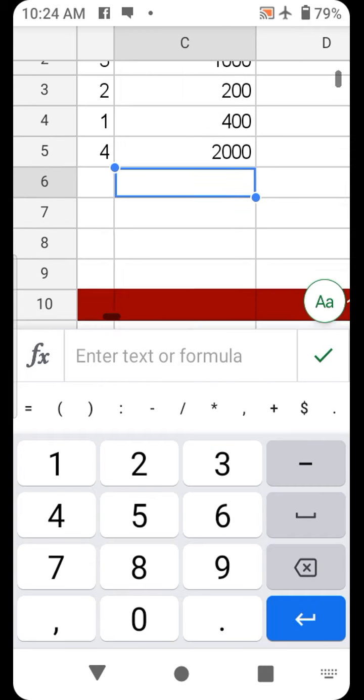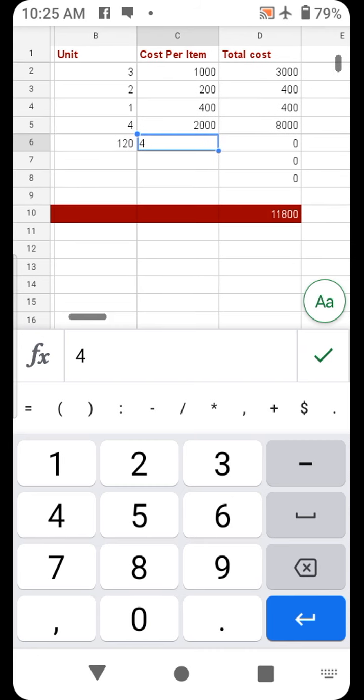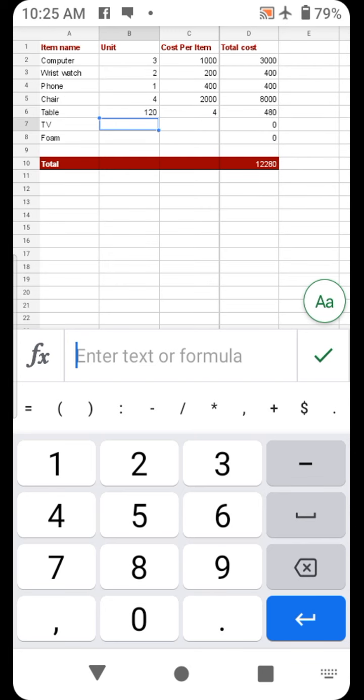Okay, table, four tables. Alright, TV, 1, phone, 5. Alright, now let's see how you can convert